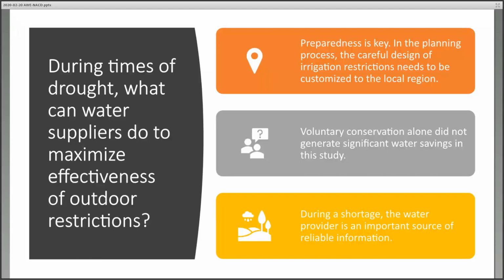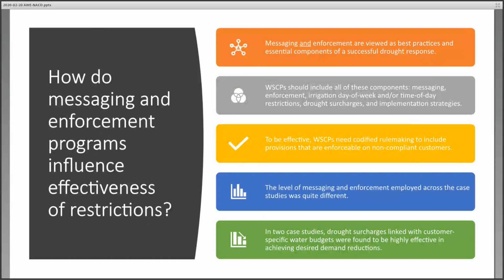And so to maximize the effectiveness of your drought restrictions, you really need to plan ahead, and also communicate. The water provider is an incredibly important source of information. Also, do not rely on voluntary measures. And so this slide has a lot going on, and I probably erred on the side of having too much content today, so you can go back and look at the slides. One of the things I want to draw attention to, since I'm running a bit short on time, is to